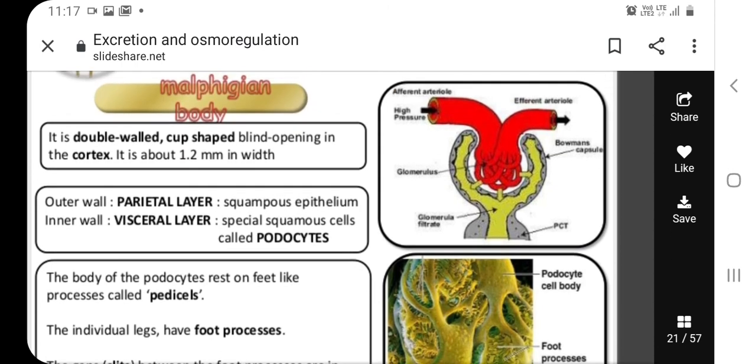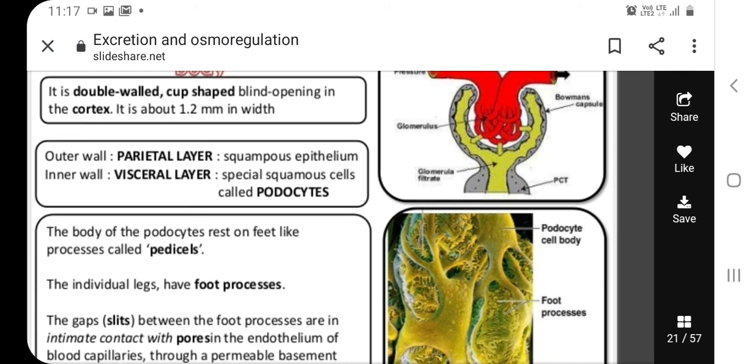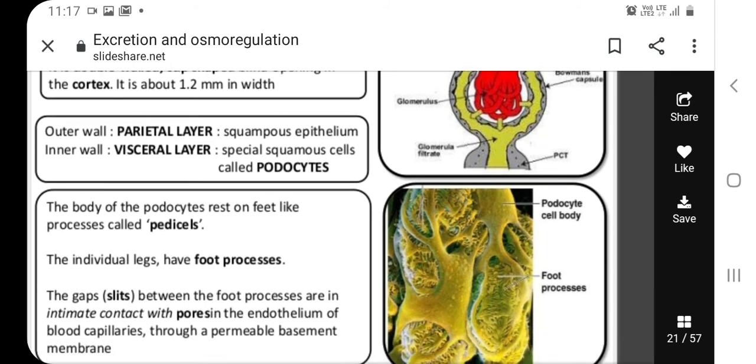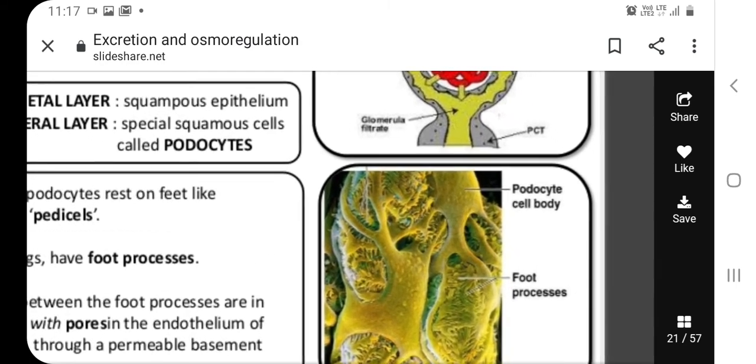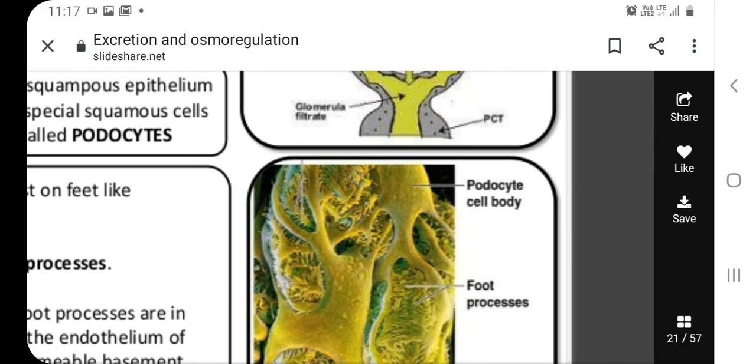The body of the podocyte rests on feet-like process called pedicel. The individual legs have foot processes. As you can see in this diagram, the